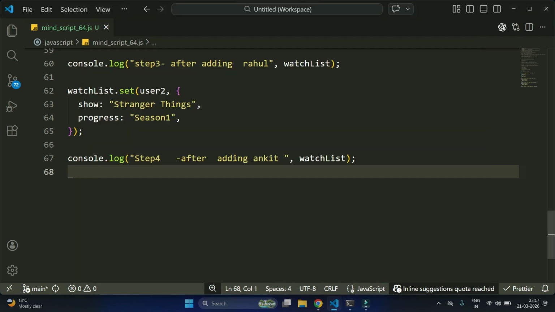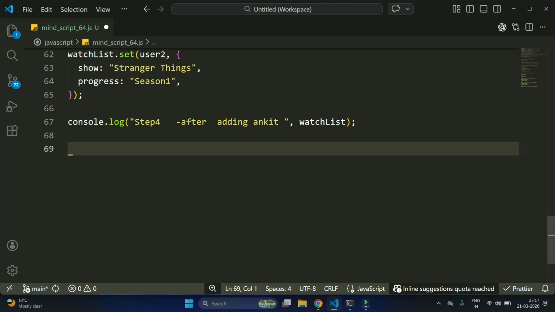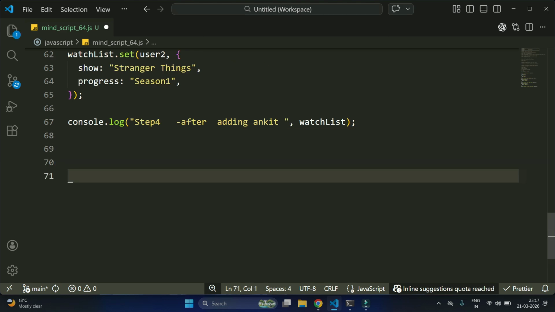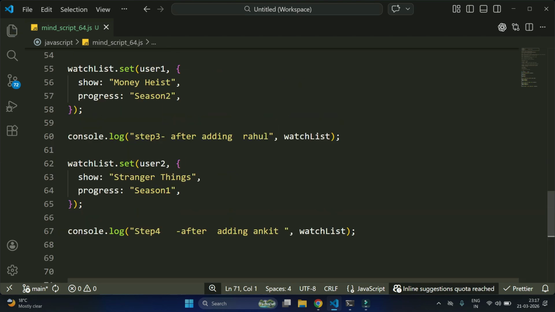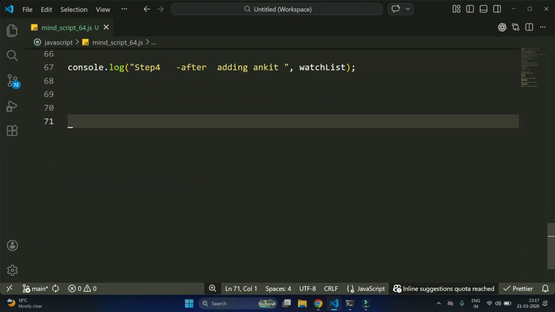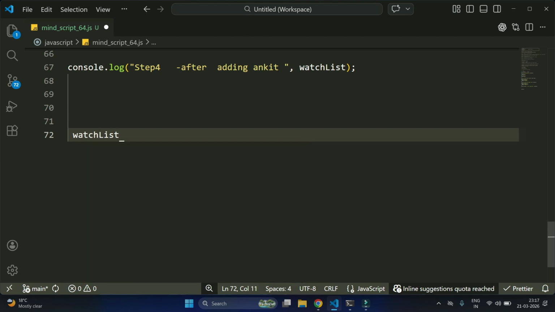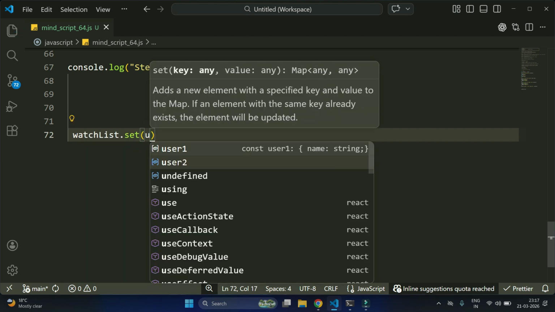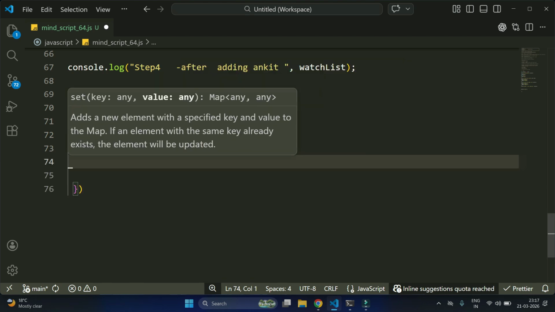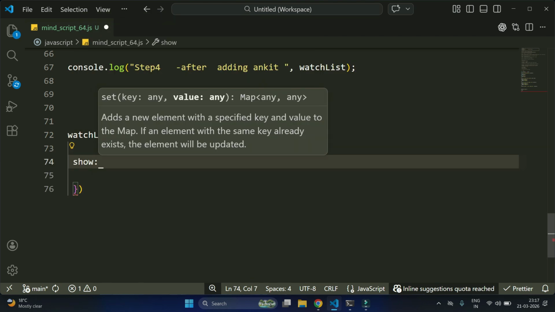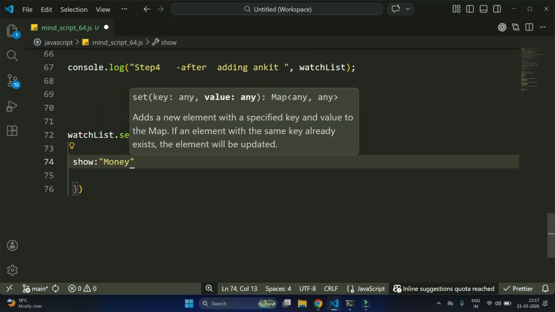Now my first two entries you can see in the terminal, in the order Rahul and Ankit. Map always remembers the insertion order. So let me update Rahul's progress. This one is user 1, it is Rahul. Now I'm going to update this session, it is very simple: watchlist.set, user 1, and then inside it, Money Heist,